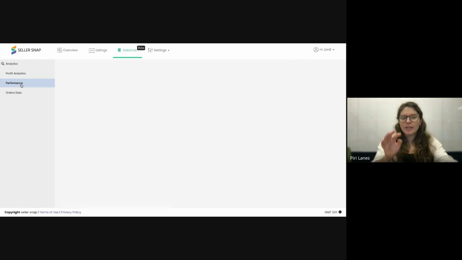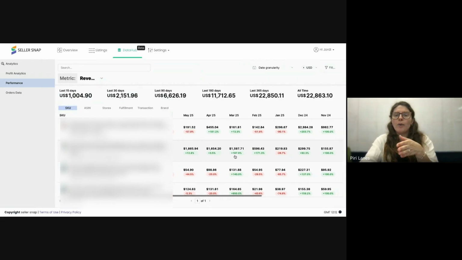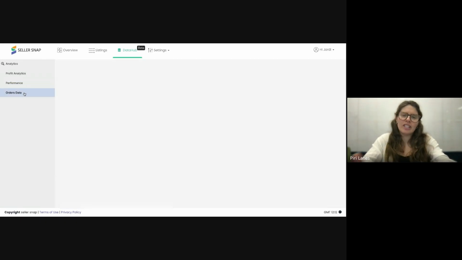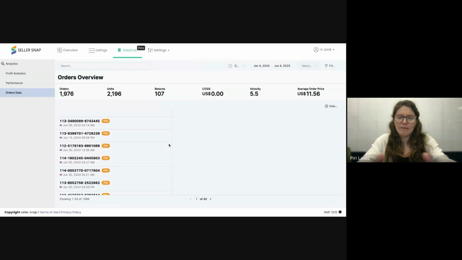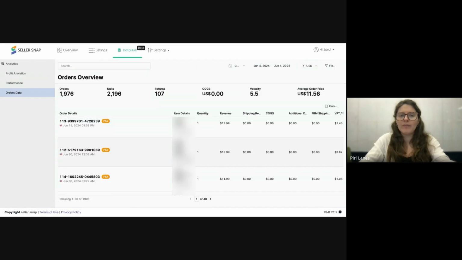You can also look at the performance of the listings, which breaks it down even more. Daily or monthly, you can see what it all looked like: how much did I make in revenue each month based on the SKU, ASIN, store? And then you can see all the raw orders data as well, a deeper dive into what each order was, where it was sent, and what the revenue on that order was. If you have a specific question about an order, you can always look at that here, and then ask us, can you look at this order and tell me what happened? You also have today, yesterday, last 7, last 15, last 30, month, all the different ways, and you can also do custom.